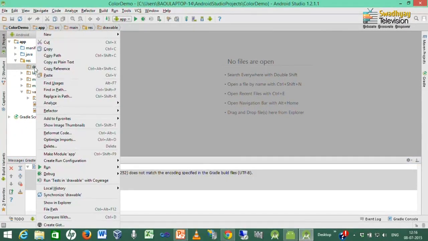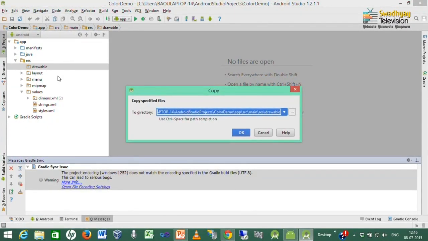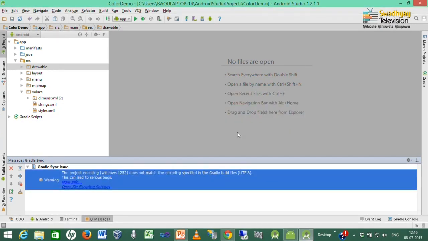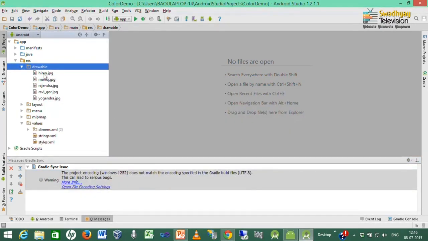So, I just paste. It will ask whether you want to copy these specified files to the drawable folder. I press OK. So, here you can see the persons' names are in lowercase. So, we have images available.